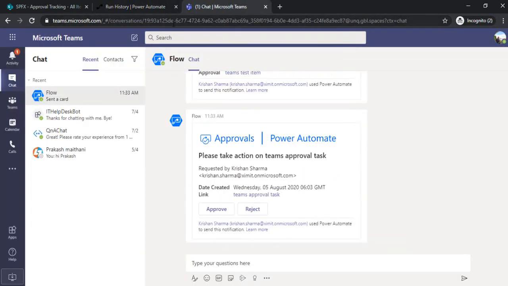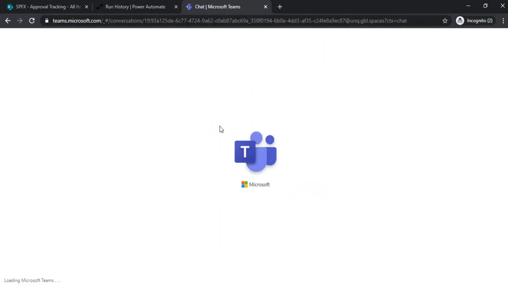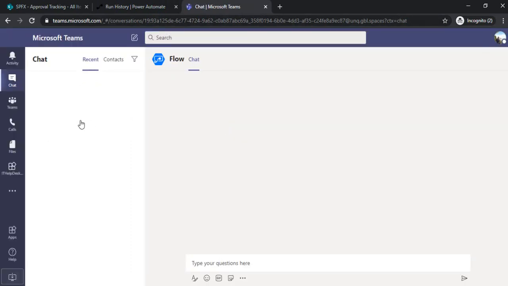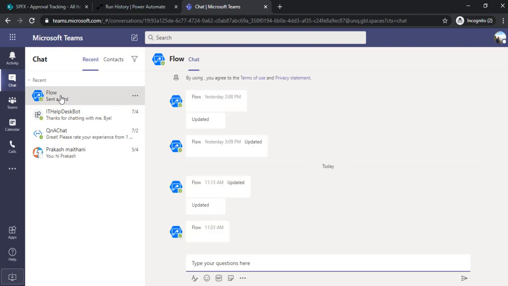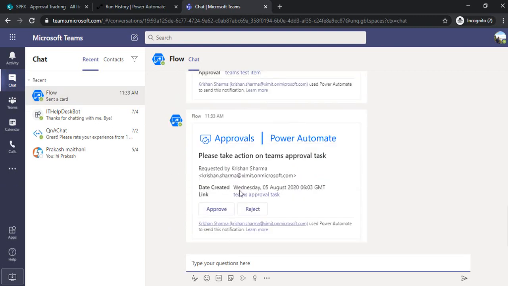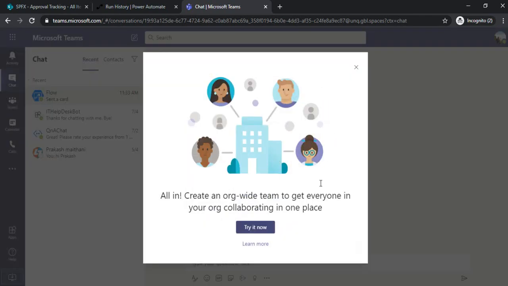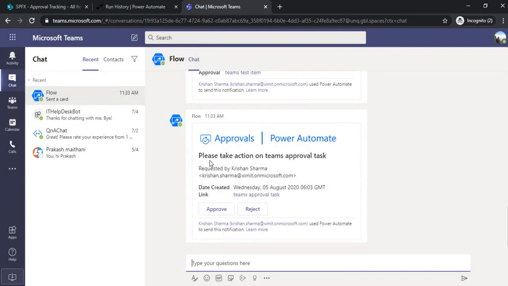So I'll just go to my Teams to check whether I got a new adaptive card for any approval or not. So I've just refreshed it. You should be seeing a card from flow send a card, and the item which we just created was please take an action on Teams approval task.